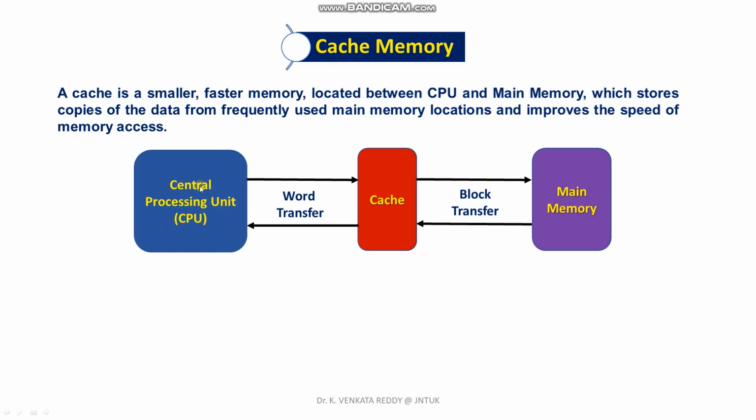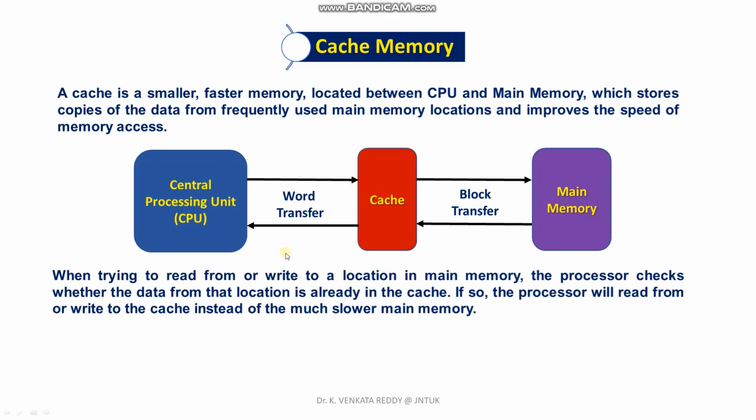Whenever the central processing unit wants information, it simultaneously asks the cache memory and the main memory. If that location is available in the cache memory, it supplies the information to the processor at higher speeds. If that information is not available in the cache memory, the main memory supplies the information a little later. As the most frequently used data is transferred to the cache memory, the central processing unit most of the time gets the data from the cache memory at higher speeds, and very few times it will go to the main memory and collect the data a little slowly, and hence the overall speed of the computer is increased.